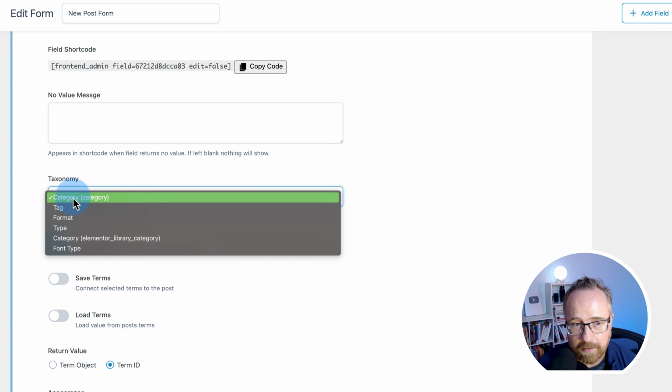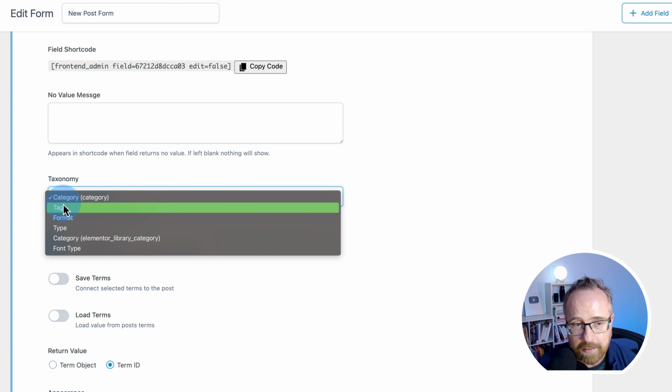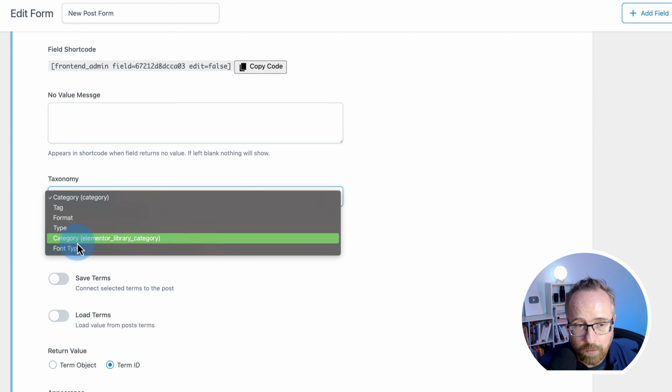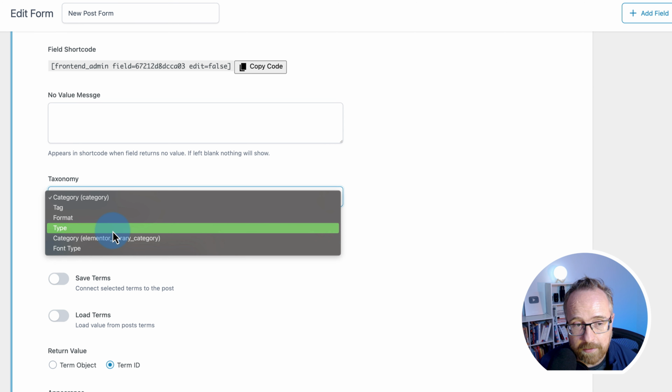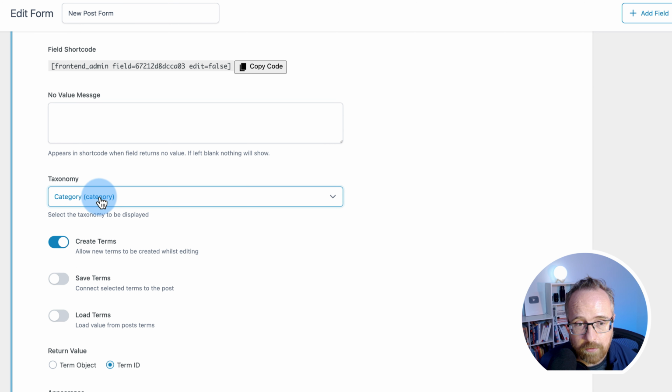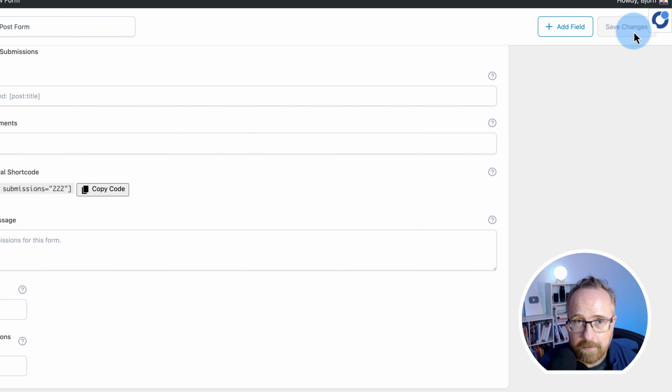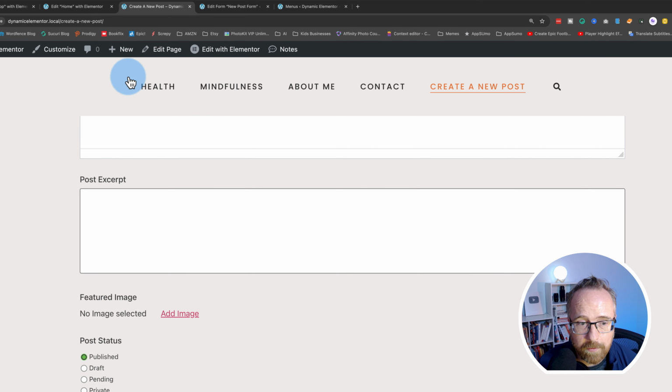And on the Taxonomy tab, I also forgot to mention that we chose category. You can choose all kinds of other taxonomies. Usually category and tag are built into WordPress by default. You might have others created by plugins or on purpose by you using advanced custom fields or something like that. So you choose the correct taxonomy, click on Save Changes, and now when I refresh this page, we have our